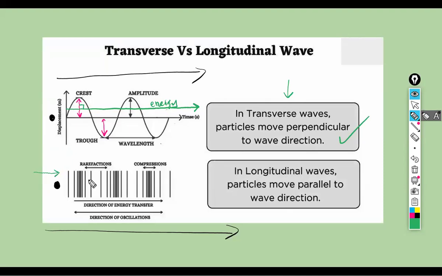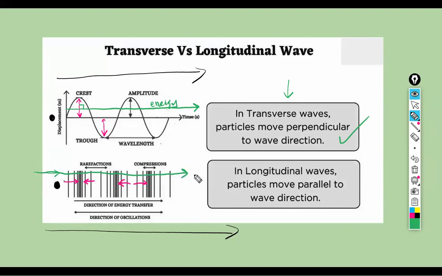So look at it here. You have compressions and rarefactions. The compressions and decompressions. They don't call it decompressions, it's called rarefactions. Look at it here. The lines are supposed to simulate how compressed or how close the particles are, or how far the particles are. You notice that, let me get a different color so it's easy to see. You notice the air particles are being compressed or decompressed. But the energy, which is the green line here, is still moving forward.